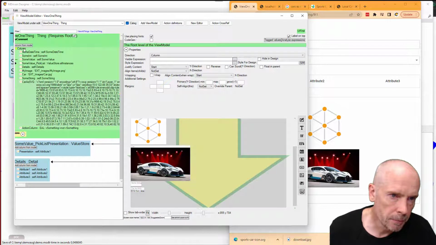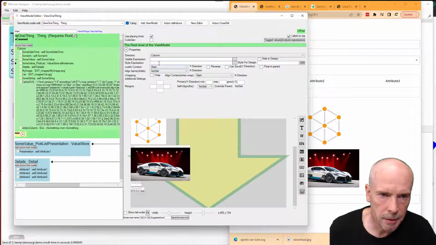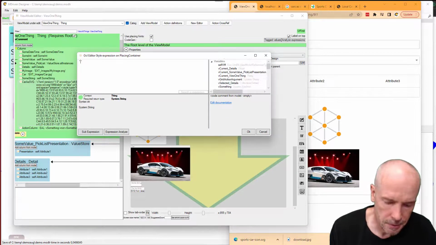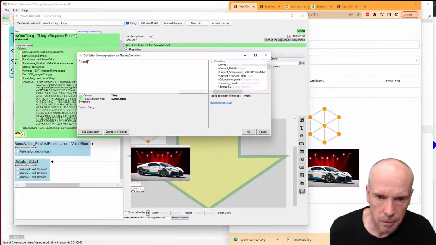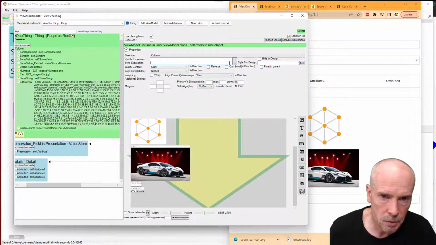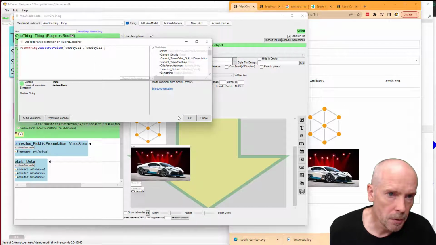So in our PlacingContainer, which is a column, we might want to have padding, and we can add that by using a style. So let's say that this, and this is always an expression. So let's say that this is new, or actually let's grab the same expression as we had for this one, just to be able to see the difference. So on the placing column style expression, we're gonna have this,